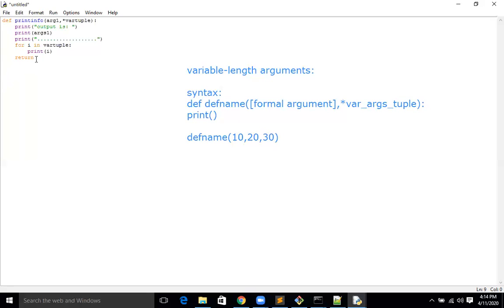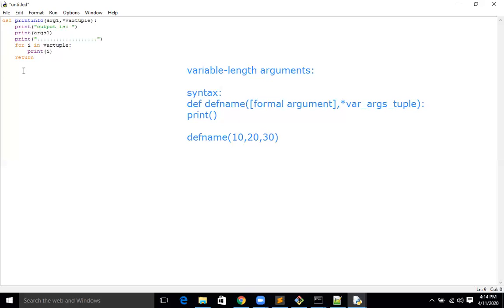We need to return the value. But if you are not returning the value, there is no problem, because you are just printing the value in the definition. No need to return also.